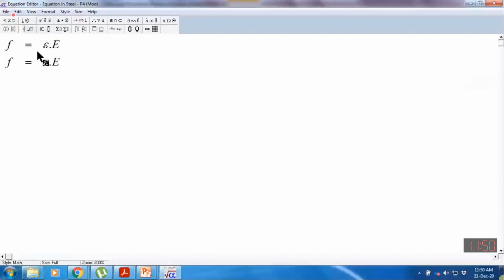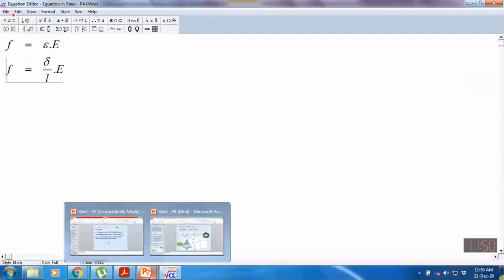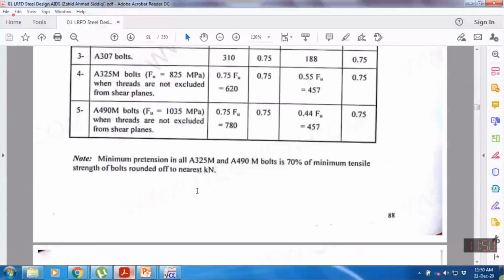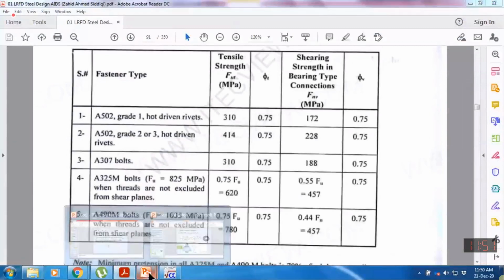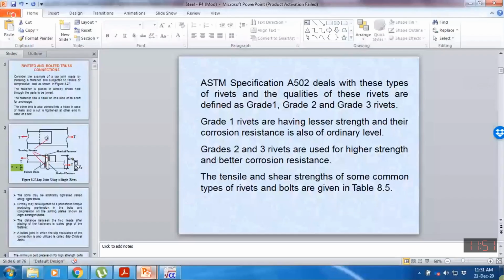And if I know this length, which I am calling L grip, the length of the grip, the only unknown is the delta value. So delta will be equal to